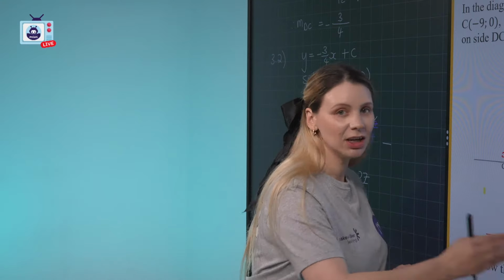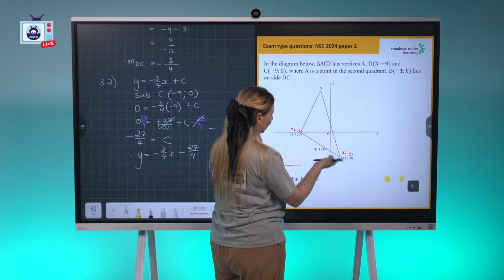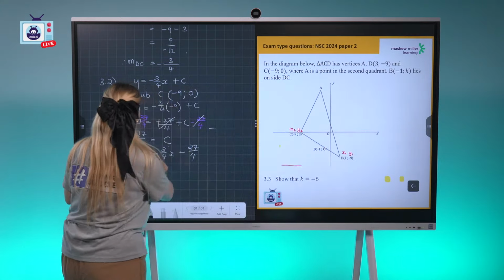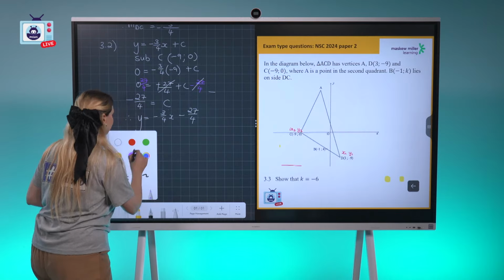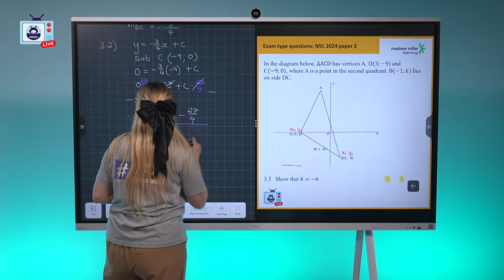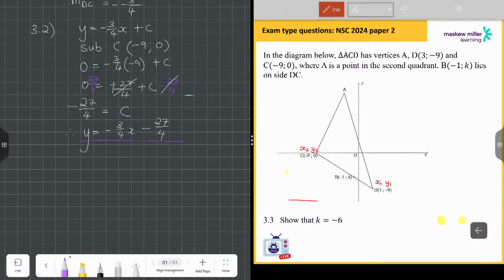So let's pretend we didn't know what k was and we need to work out k. Well, what do we know about this straight line over here? We actually have the equation of DC. The equation of DC is y equals negative 3 over 4x minus 27 over 4. So if we have the equation and we have a point, this point over here, which is B, negative 1 and k, and we have the x coordinate of that point,